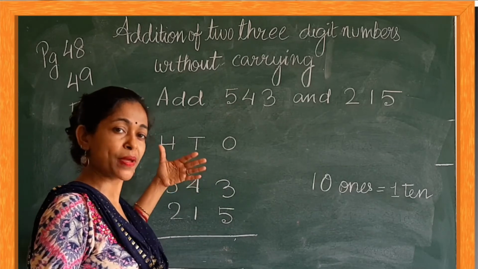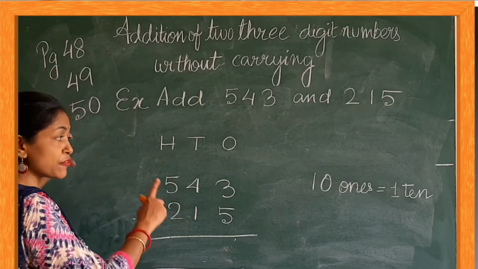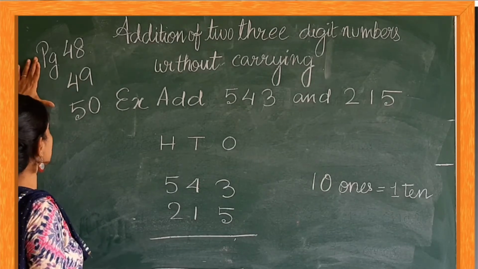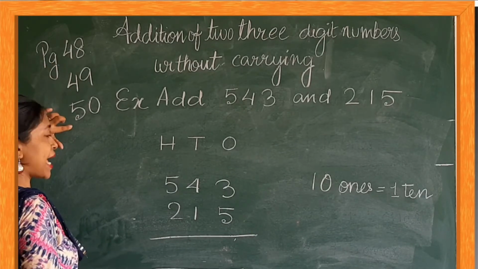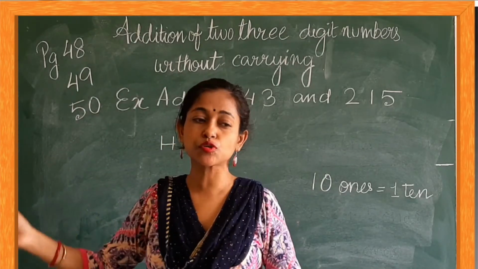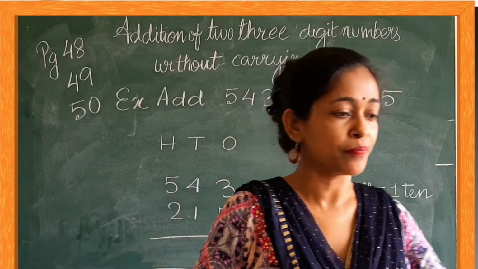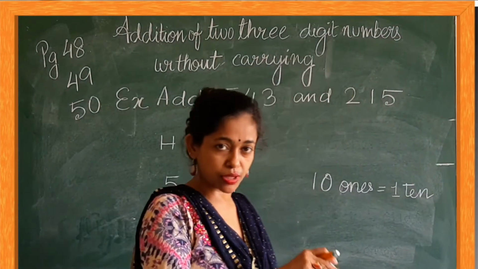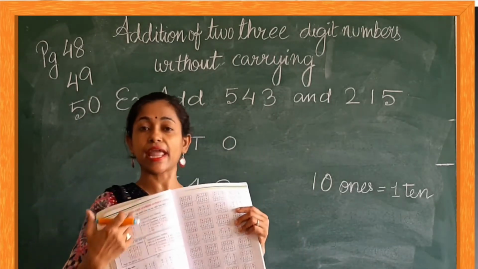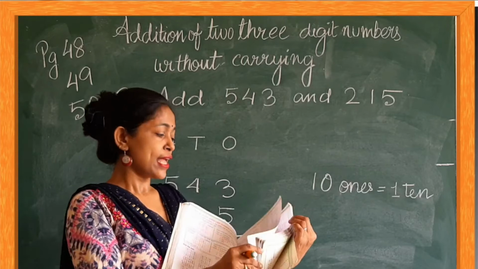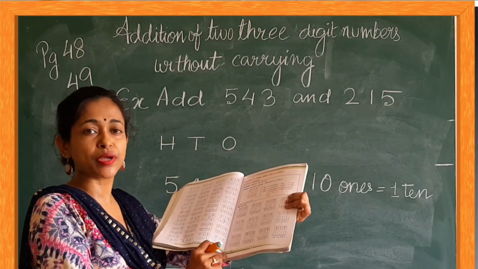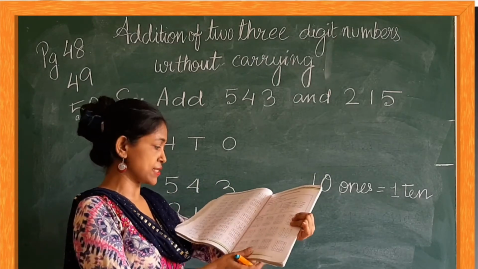आप इसको notebook पे उतारोगे और मैं इसका फोटो भी भेज दूंगी और आपको एक्सरसाइज पेज नंबर 48, 49 and 50. 48, 49 and 50 you have to do it in your book. I have the book with you. I am showing you the book. This is the book. Page number 48, 49 and 50. All these sums you have to do in the book as practice exercises.